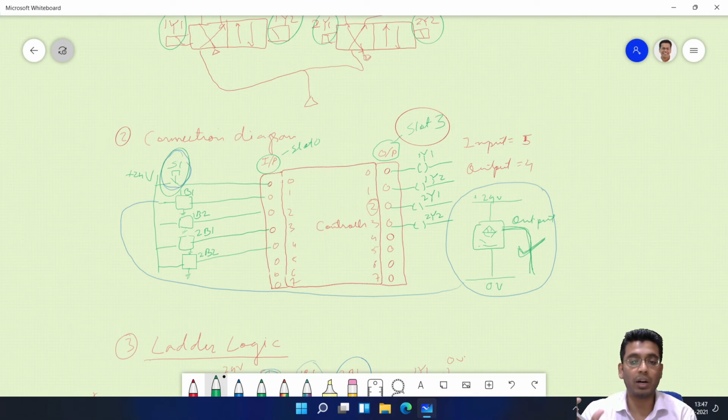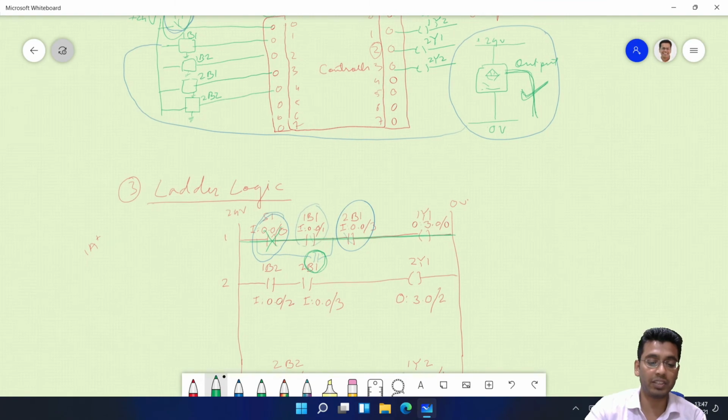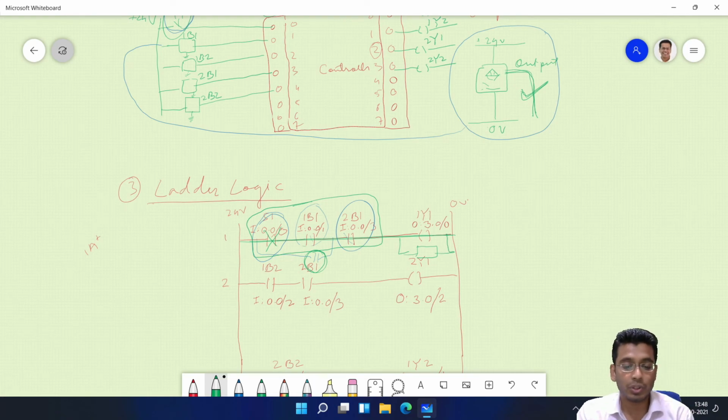You will require one counter. I have not taught you counter, I have not taught you timer, but I'm just saying you will require a counter. That means every time any event, and that event you can trigger by any input device. For example, whenever these two conditions and these all three are true here, then of course y1 will get actuated, and you will also initiate one timer here. Fine. So every time this condition is true, what is happening?